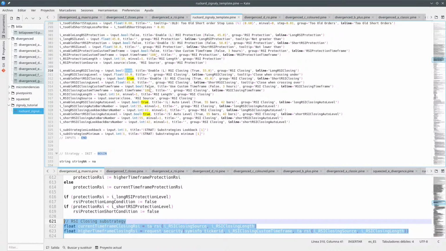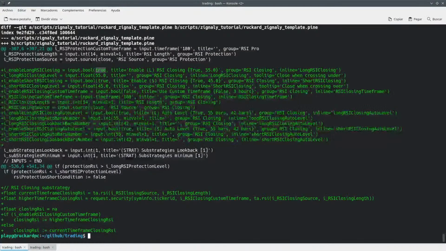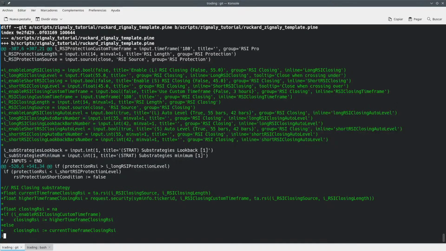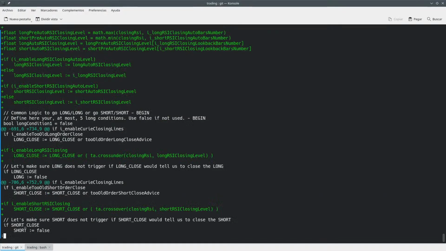And then there's this thing about the custom time frame. So I will just turn off these two here, because why do we want more stuff to be changed at all? False and false. Nice. So now we should have this off and off. Okay. So now we should be able to